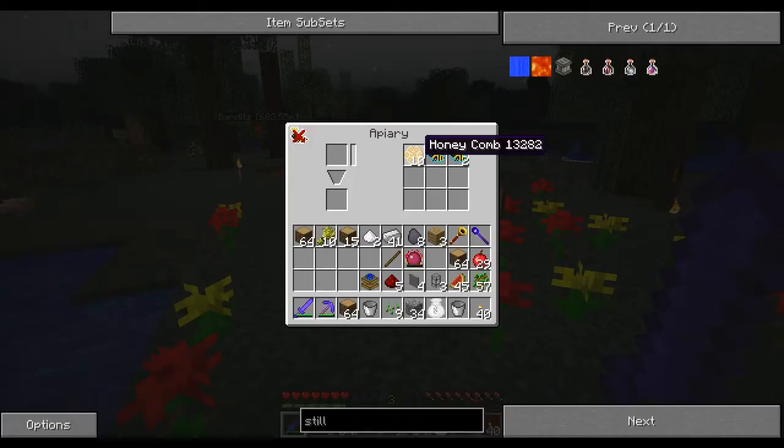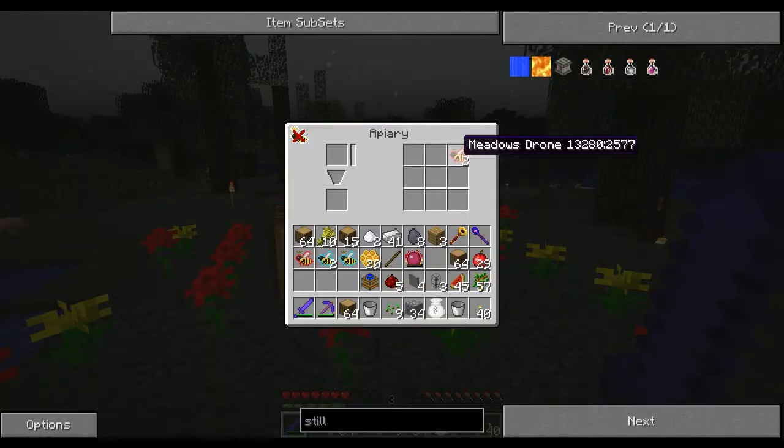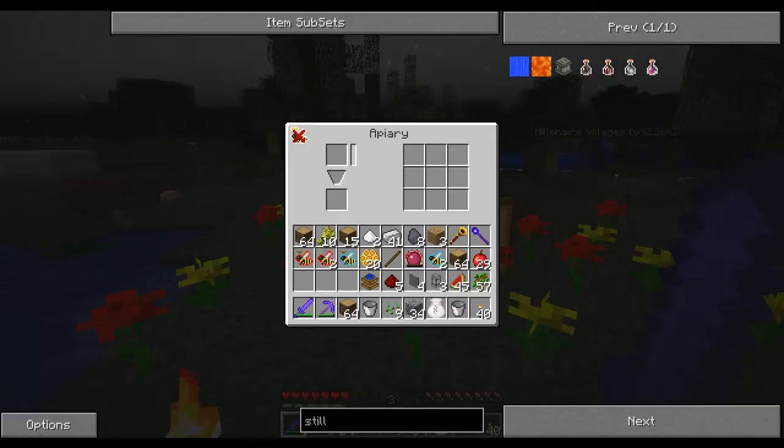So you can see there that I have 10 honeycomb, and I have forest princess bees, and I have forest drone bees. And then here I also have honeycomb, and I have meadows drones and a meadow princess. And now, obviously it's stopped because I have no bees in there, so what you do is you put a...